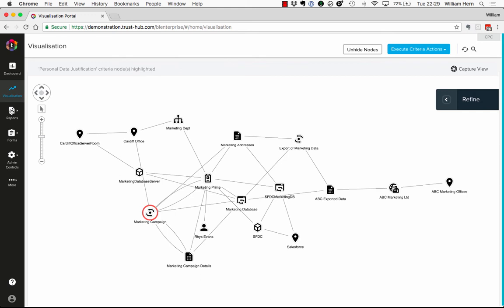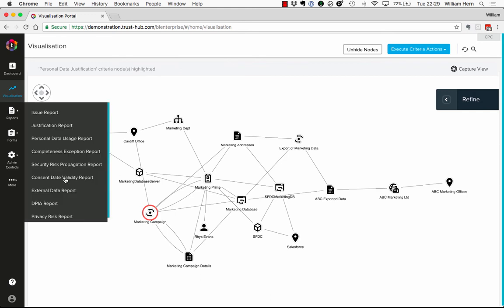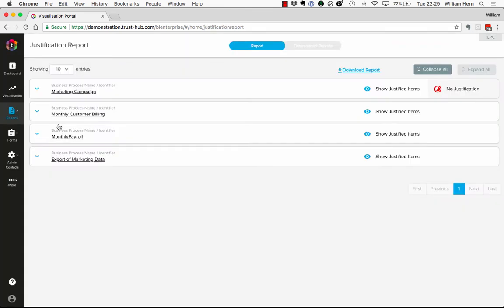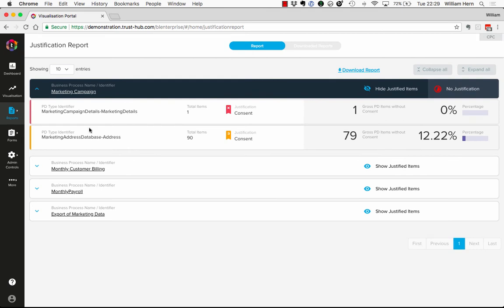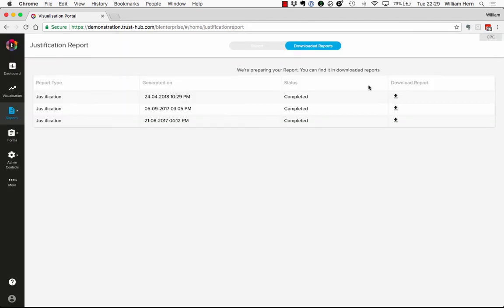I can use the detailed report in order to look at that in more detail. So I can click on the justification report and see that it's telling me that some of the marketing campaign information has no consent attached to it. So I can generate a quick report to capture this. That's now generated. I can download that report